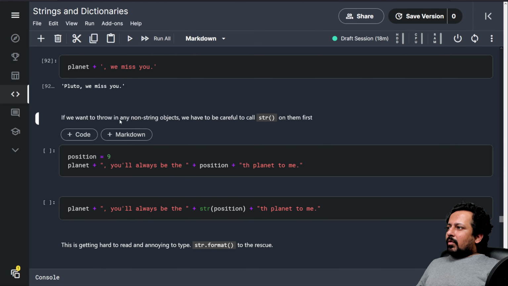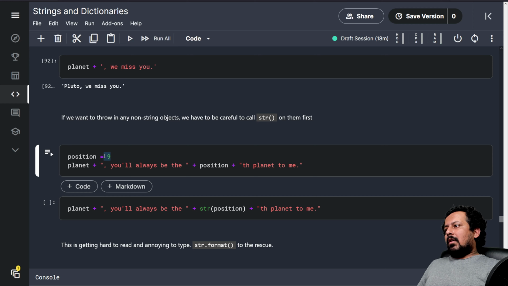If you want to include any non-string objects, we have to be careful to call str on them first. Here they have defined a position, which is a number, an int. And now they are trying to add the word Pluto, which is the value of planet, and then add the integer 9, and that's not possible.